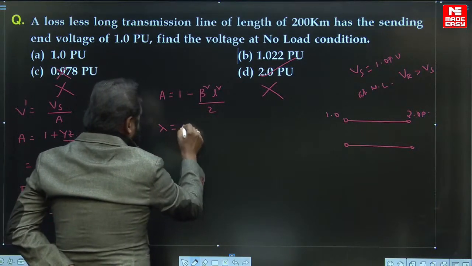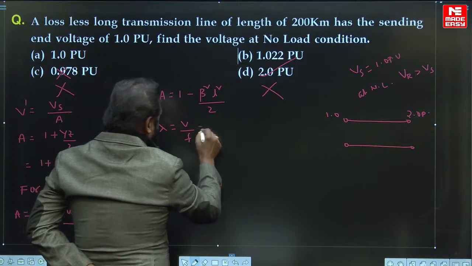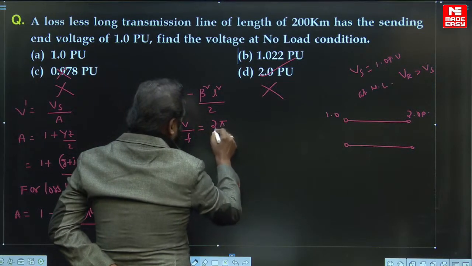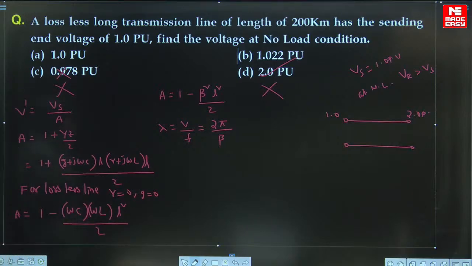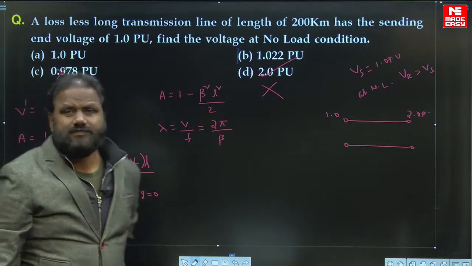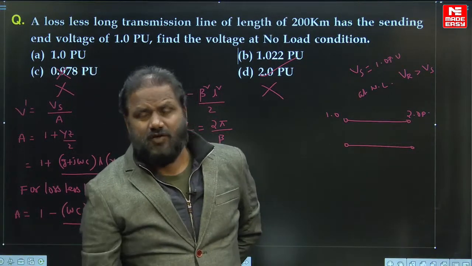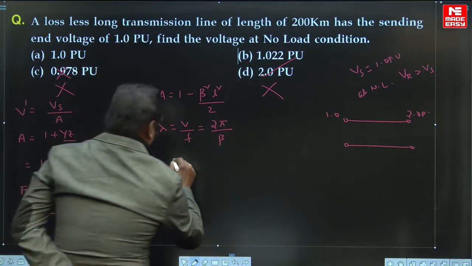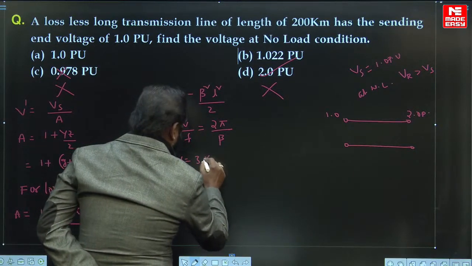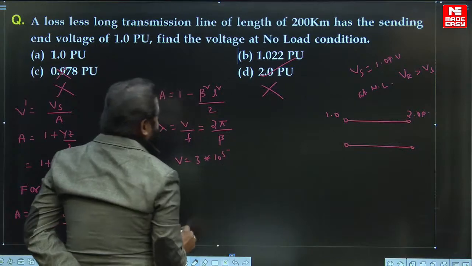Lambda equals V by F, which equals 2 pi by beta. This is a formula you can have. So lambda means what? Velocity of propagation. The velocity of propagation of the electromagnetic radiation is V equal to 3 into 10 to the power of 5